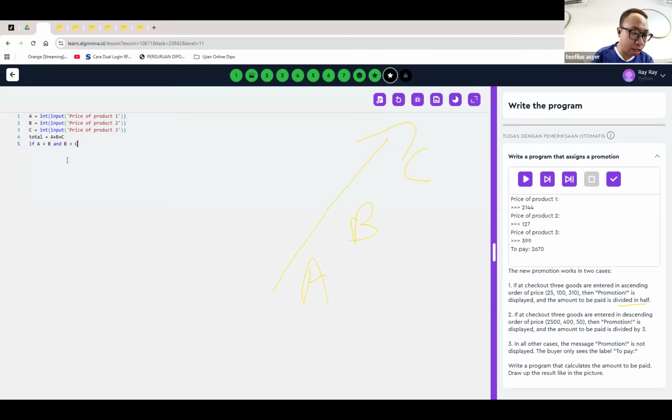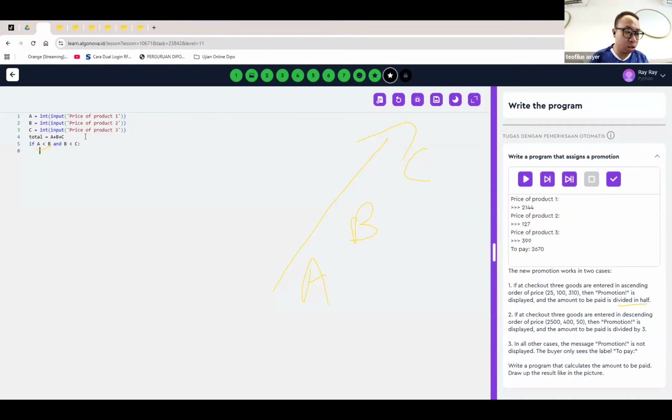Nah, caranya gimana? Caranya betul seperti yang kamu tulis, tapi hampir betul, tapi sedikit salah. Ini harusnya bukan lebih besar dong. Harusnya lebih kecil. Iya, salah simbol. Nah, kamu udah ngerti. Kebalik. B-nya sama C-nya harus. Oke. Kasih colon. Jangan lupa. Kasih colon, iya.